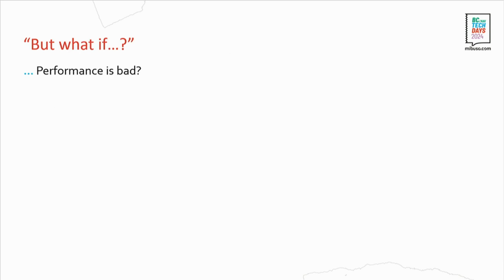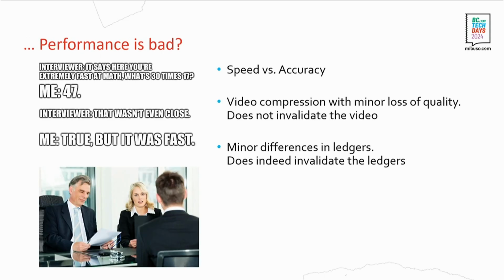Now, the concerns to start with: what if performance is bad? I think this was the biggest one, and therefore also the first one we wanted to talk about. Many of you and other developers out there seem to be worried about bad performance with calling validate triggers. Now, this was the first thing we had in mind, speed versus accuracy. And there was that popular meme, I think. If you don't know it, take a time to read it.